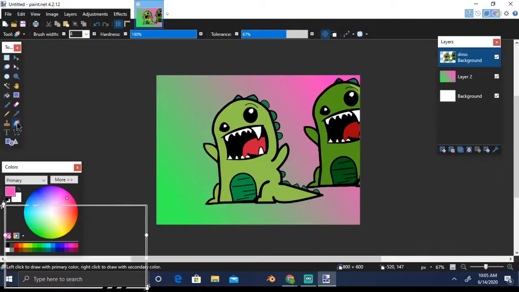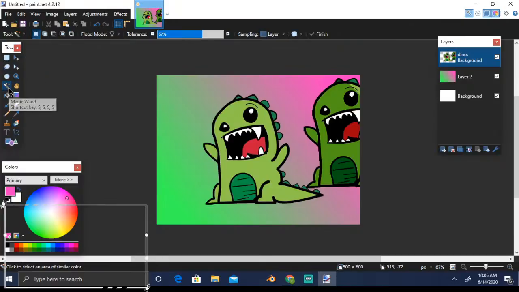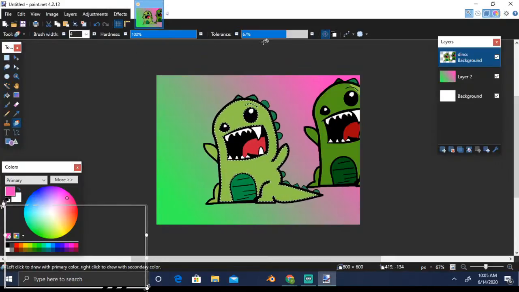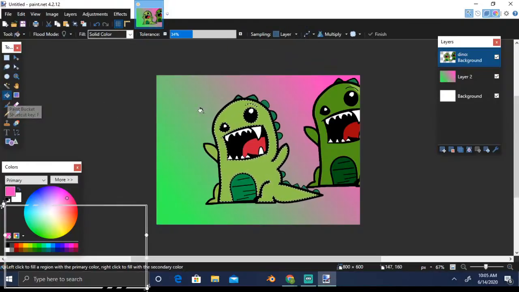And this is the recolor tool. Let's say let me select this green color and click on this recolor tool. Here it will give me a lot of options of what I can do, like hardness, tolerance, and then I can use either the paint bucket or some other stuff to color it.